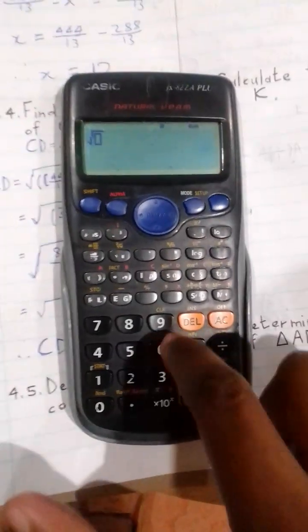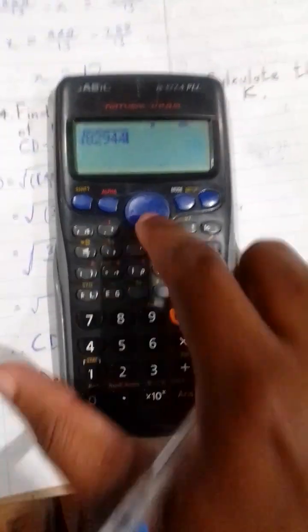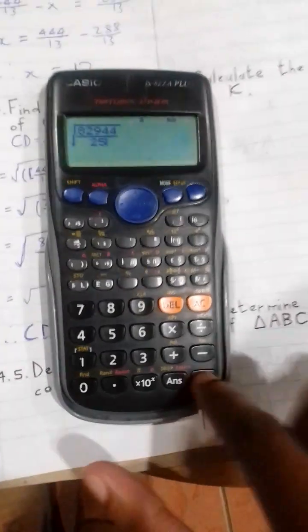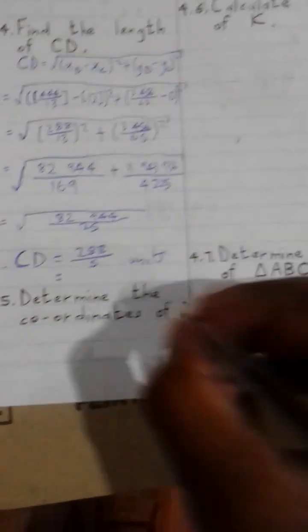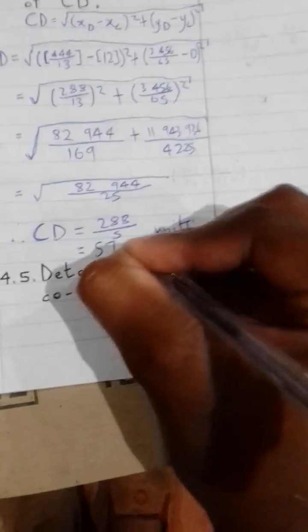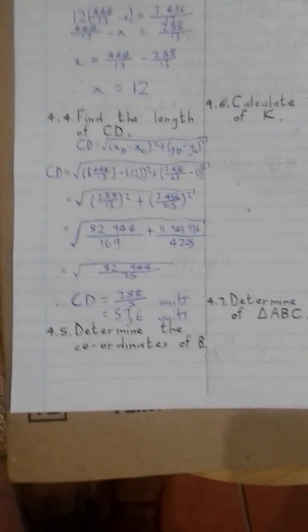Wow, 288 over 5. Sorry, I should have rounded it off: 57.6 units. So the length of CD is supposed to be equal to the length of